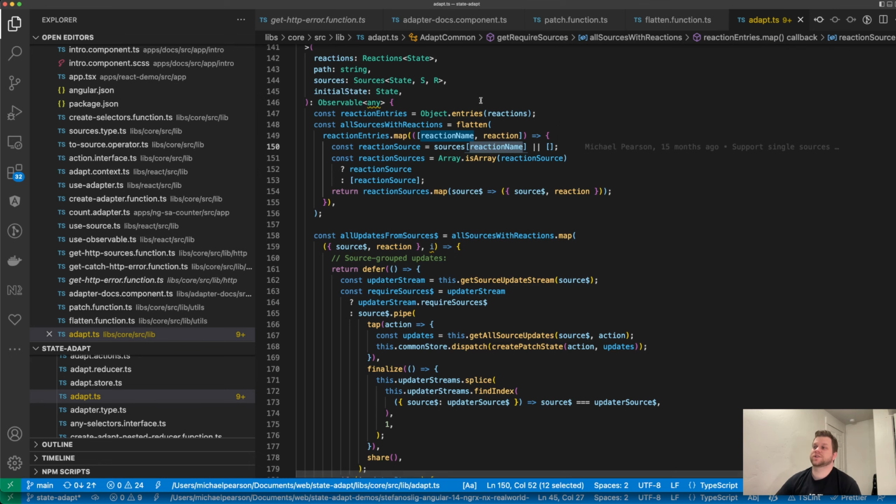Right. So the reaction source, if you pass the same source into two different ones, I mean this is only handling one, so it's going by the reaction entries. So it's grabbing your sources right here. Okay, so these are sources for that reaction. Oh, all the sources. Okay, and then for each source, right. So sources with reactions. So then it takes the